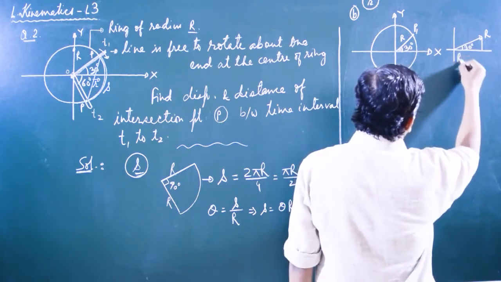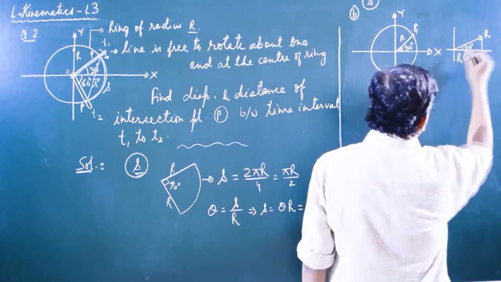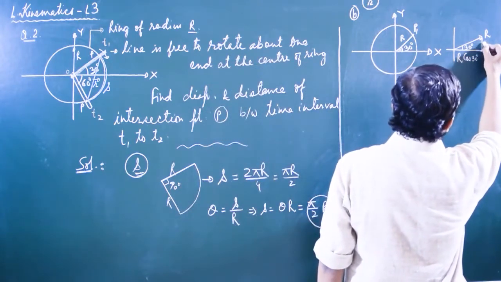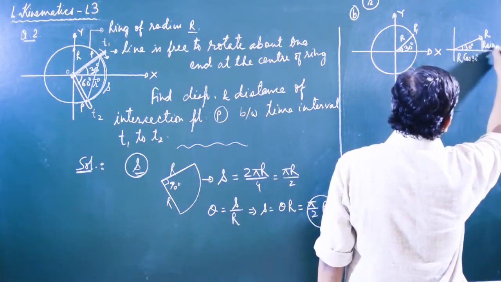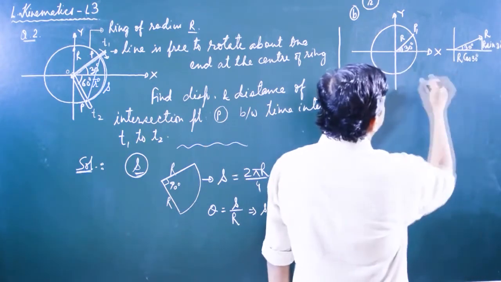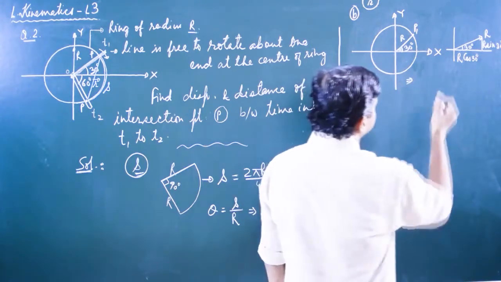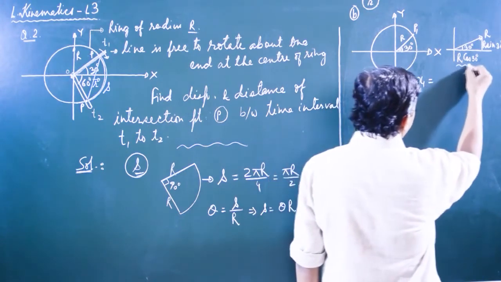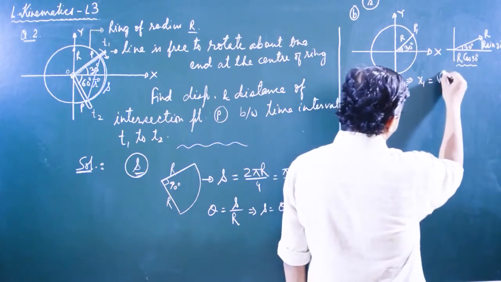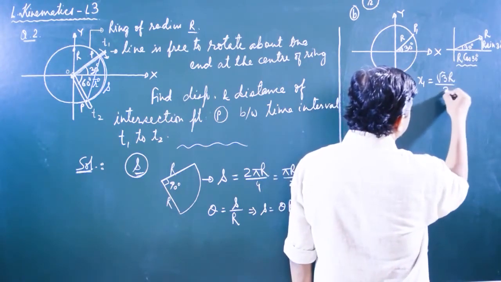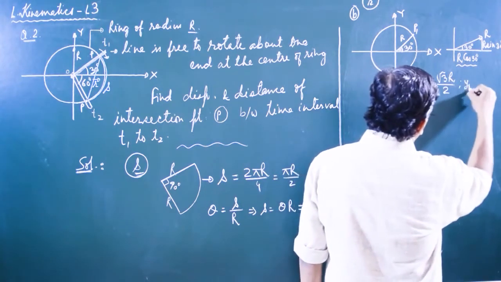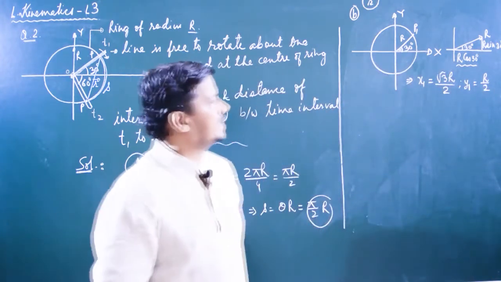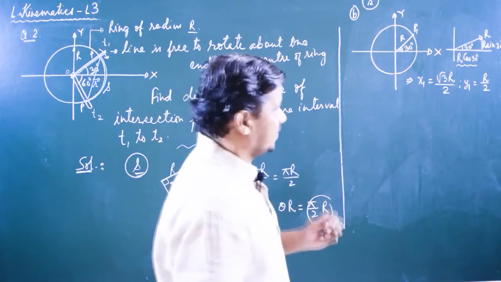So this reading is what? R cos theta. Component along theta is always in cos, and this result will be r sine of 30 degree. So we get the value. What about this coordinate? The reading x1 is equal to r cos 30, that is root 3r by 2. And what about y1? That is r sin 30. R sin 30 is r by 2. You know the values of cos 30 and sin 30.